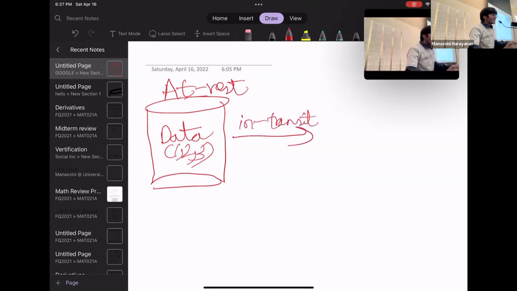The current encryption system works very well for these cases, because it provides us with ways to prevent unauthorized access when the data is at rest or when the data is in transit. But what about the scenario when our code is being run on our data? What if somebody tries to access my data when the code is being run on it?